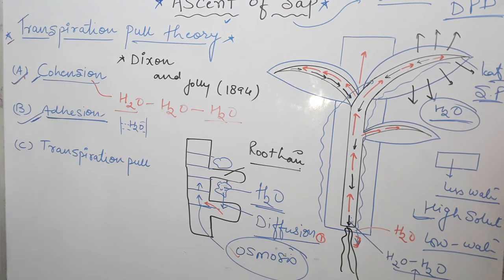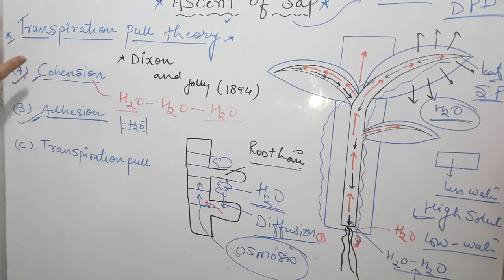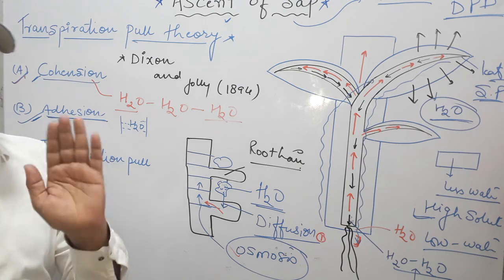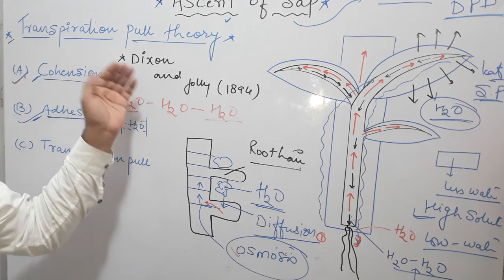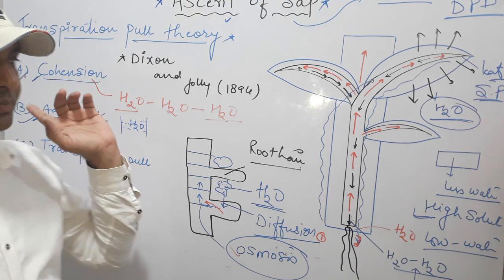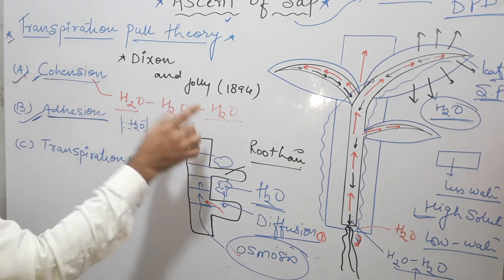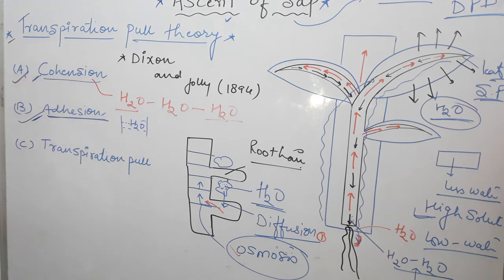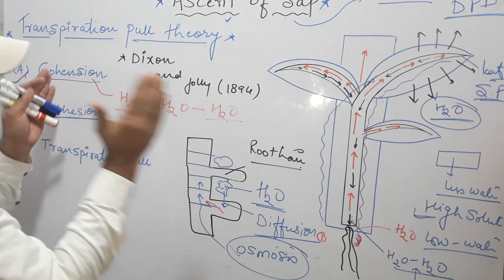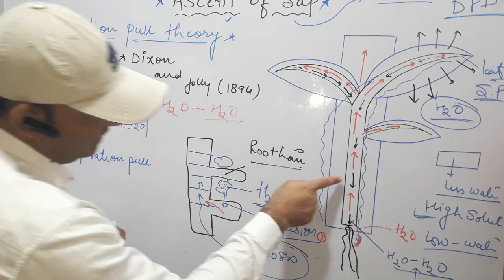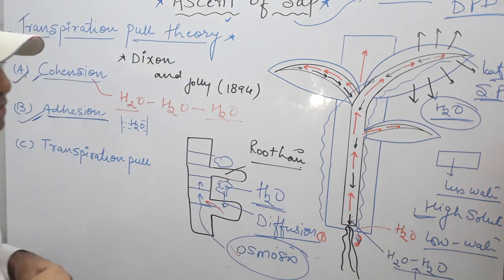Now second, the transpiration pull theory is the best suited theory which explains the ascent of sap, proposed by Dixon and Joly in 1894. Clear? So the transpiration pull theory explains the three forces applied for transport of water: cohesion, adhesion and transpiration pull. Cohesion means water molecules are joined by the force which is called cohesion. Adhesion means the joining of water molecules is maintained by some other forces